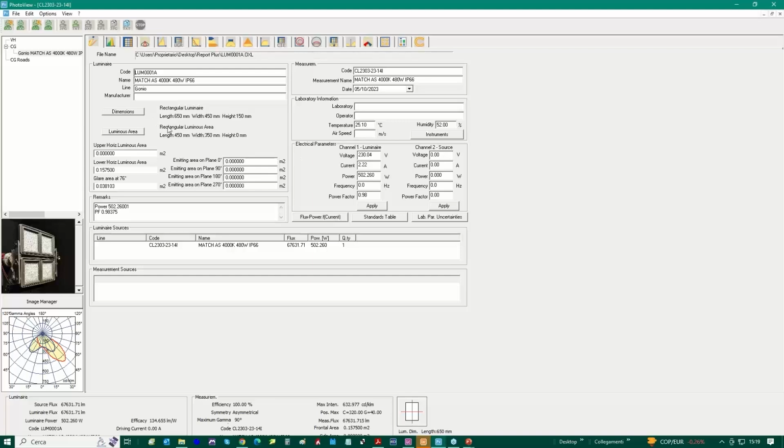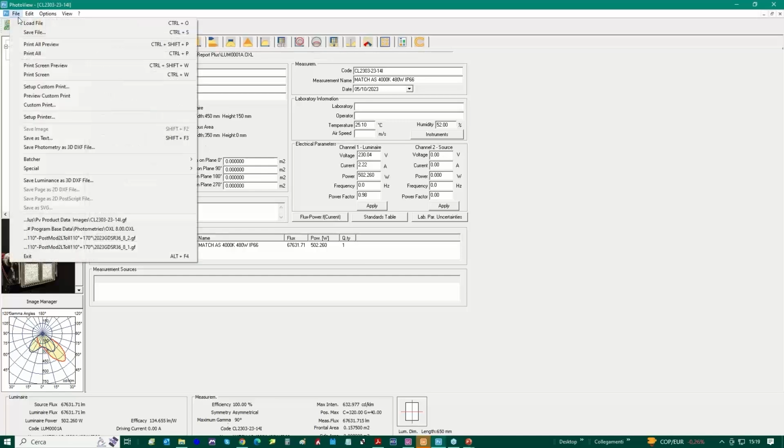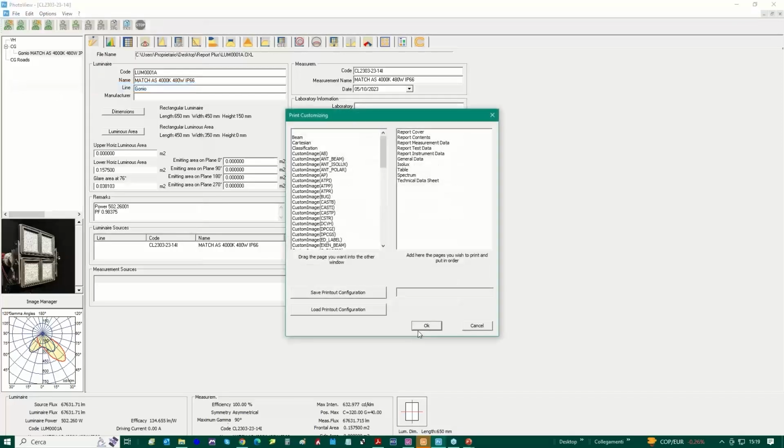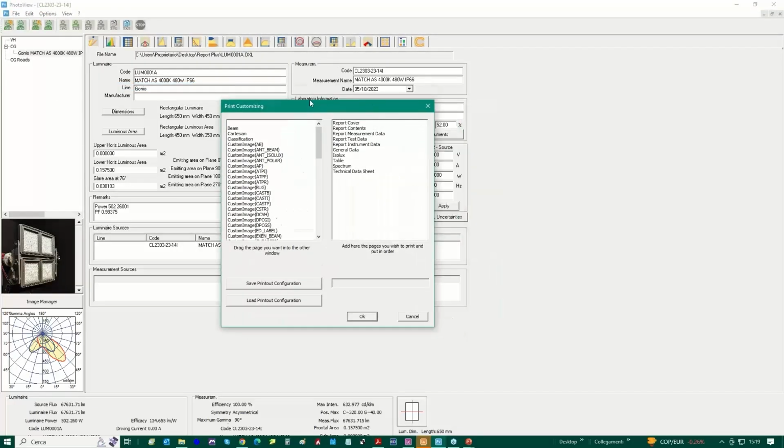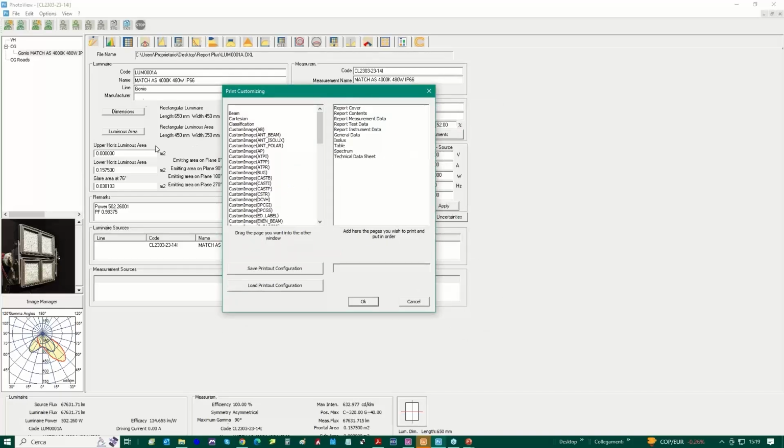So let's come now to how we can manage the printing of the report. We select this feature, which is File Customize, where we can define which pages we want to print. In here on the left, we have the full list of available printouts, and simply by doing drag and drop, we select from one side to the other. This is the list of the printouts